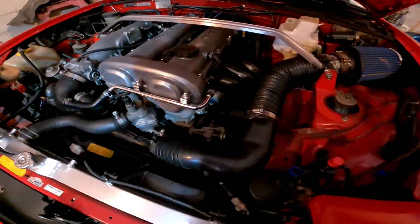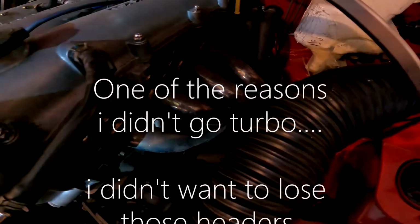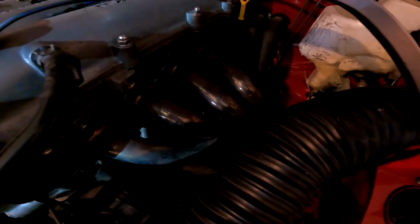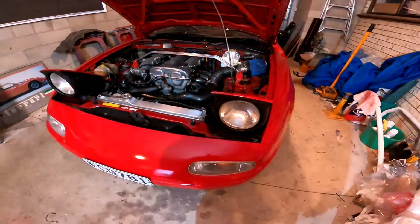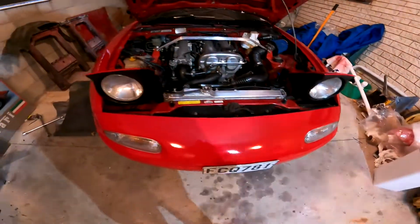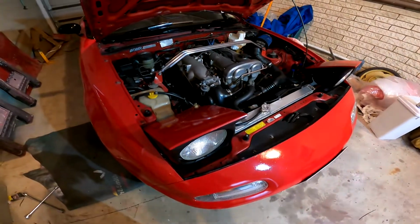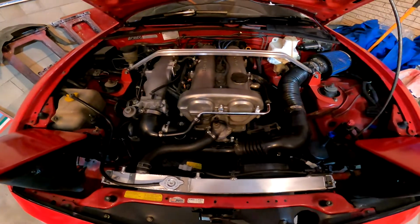My pride and joy is the extractors, or headers, or whatever you want to call them. Those are 4-into-1, which are quite rare apparently, and really help scavenge exhaust out. And it's got a sort of custom exhaust system back to the back of the car, and it sounds pretty good. It's not super loud or obnoxious. So there she is, pre-supercharger,